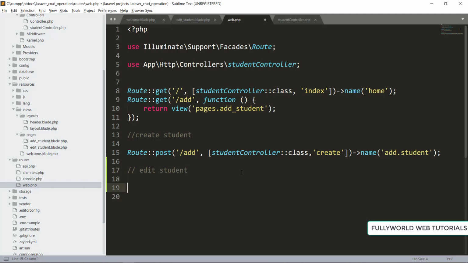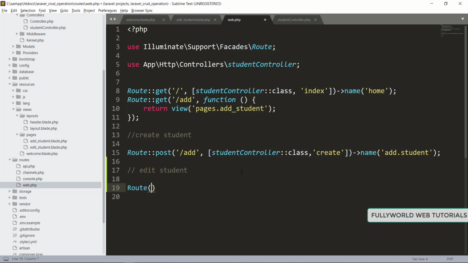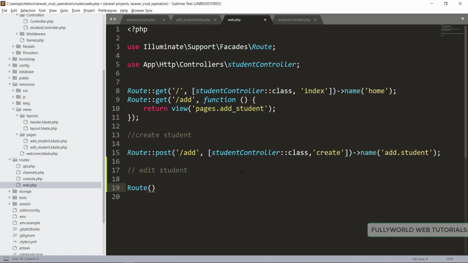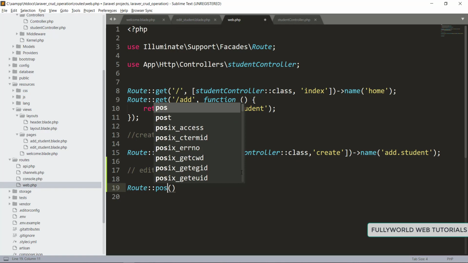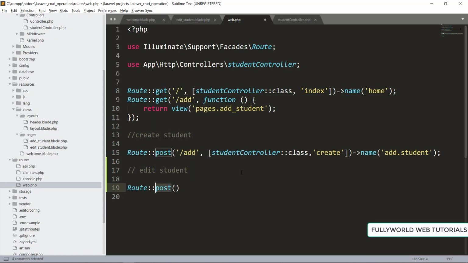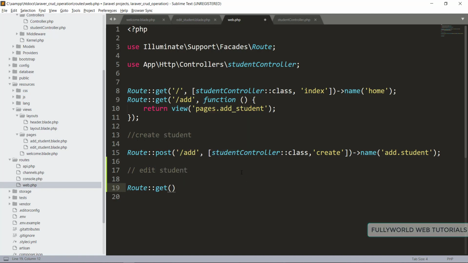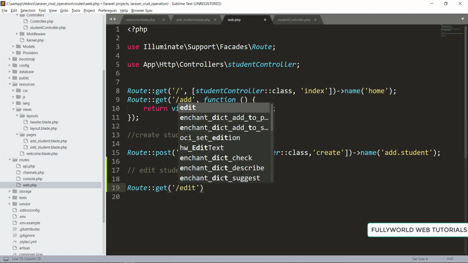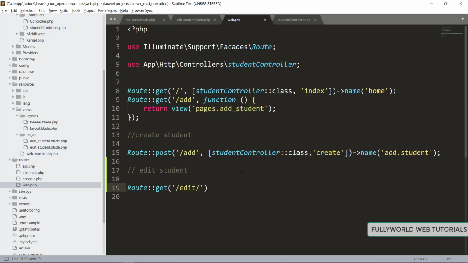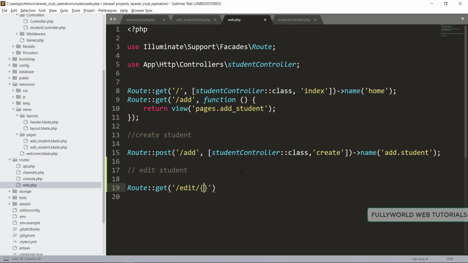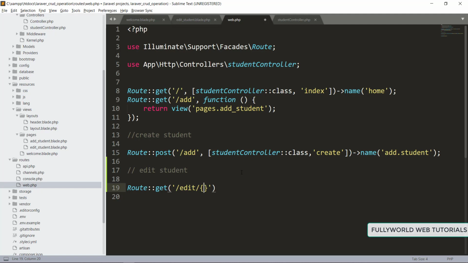Here I'm going to write Route, and then we are going to use post here. Sorry, we don't have to use post, we have to use get here, because we are going to get our student's details first. Then we write edit and then slash, and here will be one parameter. I'm going to write this parameter as $id, or you can write it like this.